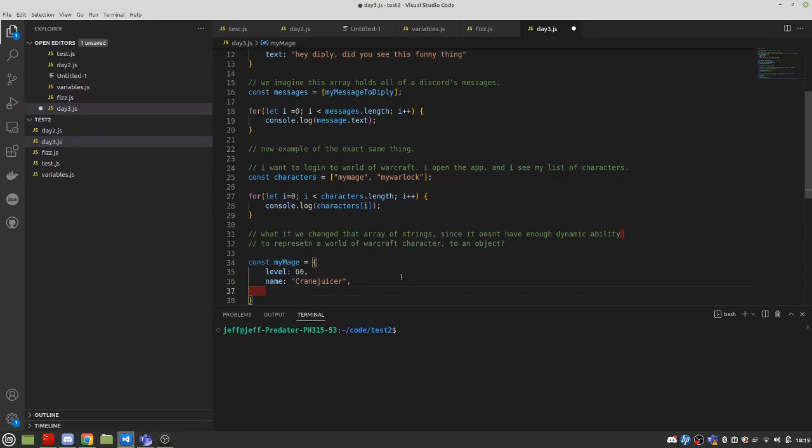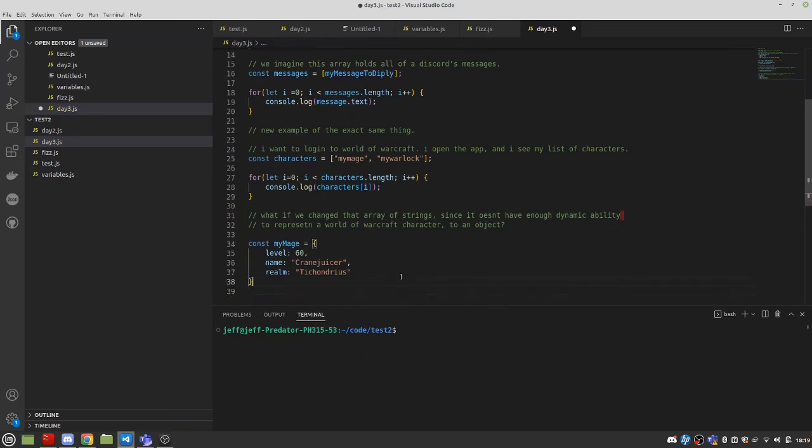What else they got? Realm. What realm is it on? It's on Tichondrius. And with an object,